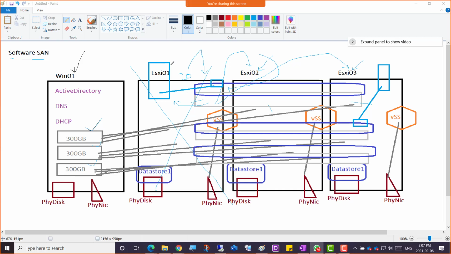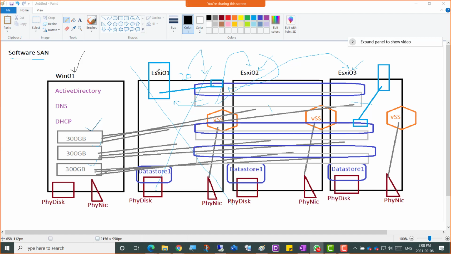So we can vMotion the machines really easy, because the virtual disk doesn't have to move. If virtual disk has to move from one hypervisor to another, or one data store to another, and normally virtual disks in a production environment would have 100 GB. It would have grown up to 100 GB or 200, 300, 500 GB as well. So if the virtual disk has to be moved, then it would take hours to move it,